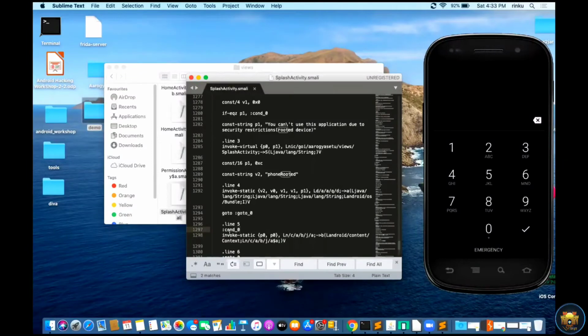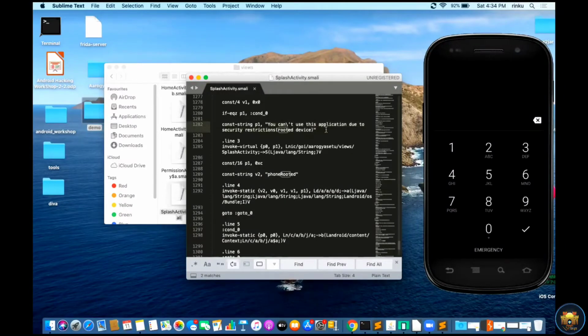So I need to move my cursor execution to here. But you can see in the case of a rooted device, it jumps to cond_0, and you cannot use this application due to a security restriction.